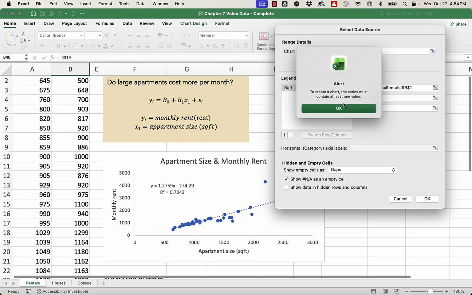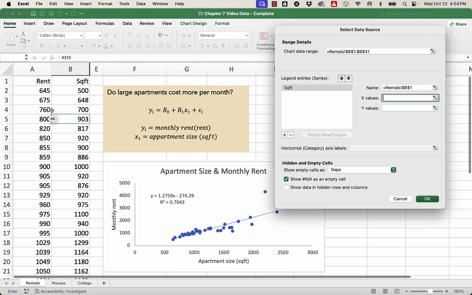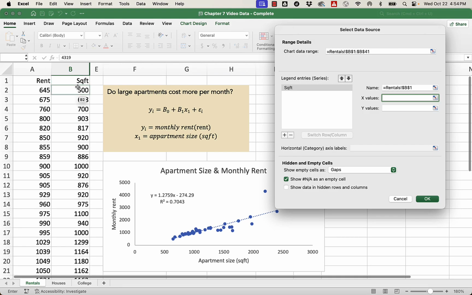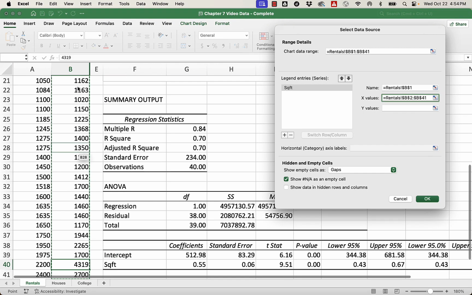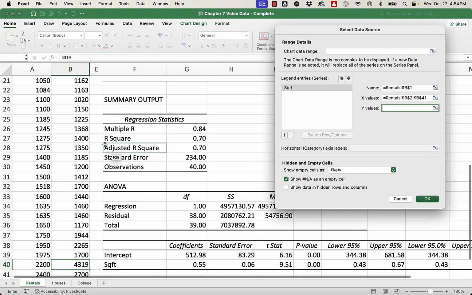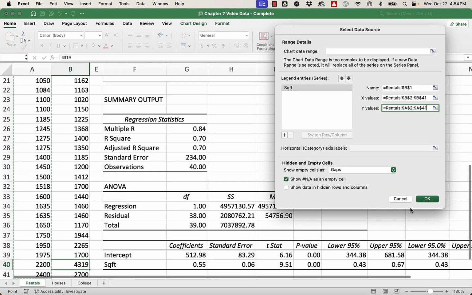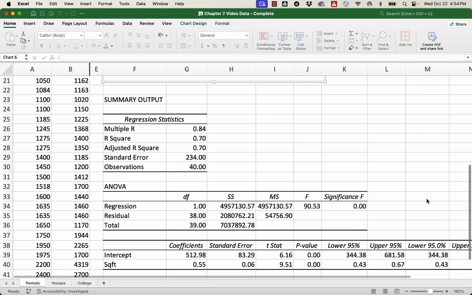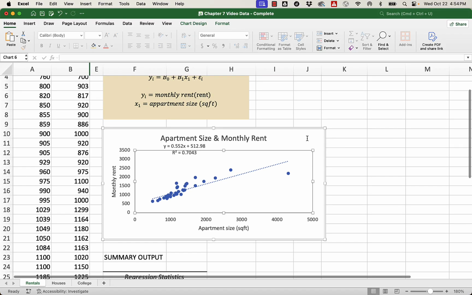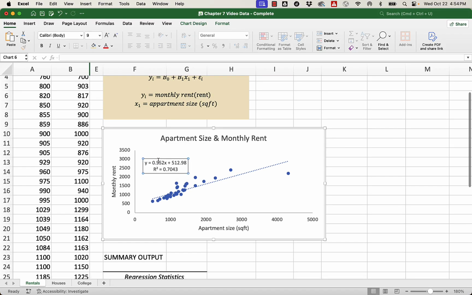And for x, I'm going to grab square feet. And for y, I'm going to grab rent. I'm going to click Save or OK. And now my chart looks good. I've got apartment size on the x with that one large apartment, monthly rent on the y, and now the equation and R-squared